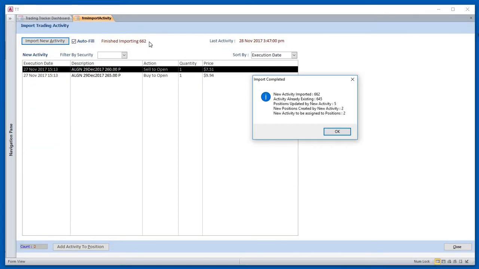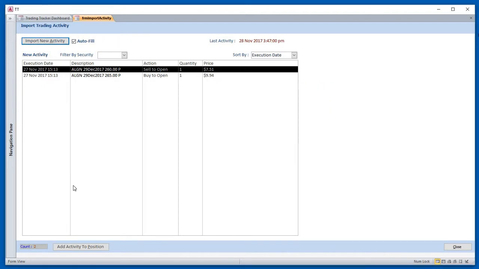And as you can see, it's imported a lot of rows from downloading that. And it tells me that it updated 5 positions with some of the data it downloaded. It created 2 new ones, and there's 2 pieces of activity to be assigned to a new position. I think for this particular one, it's a security I haven't traded before, so it wants me probably to create that security. But that's how the data gets into the